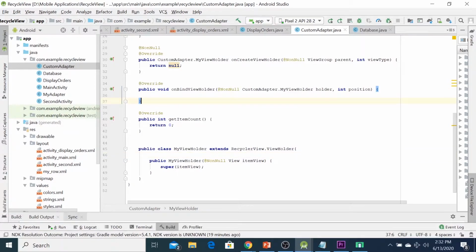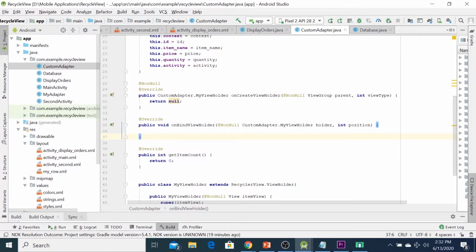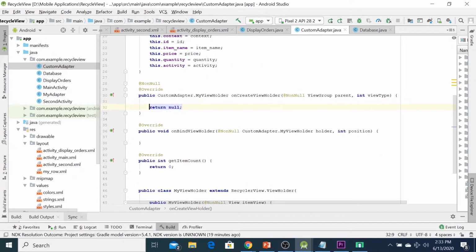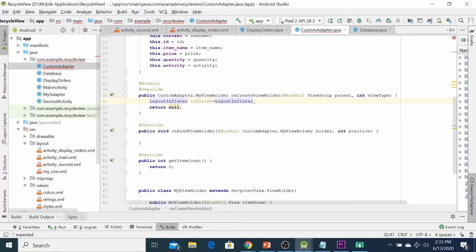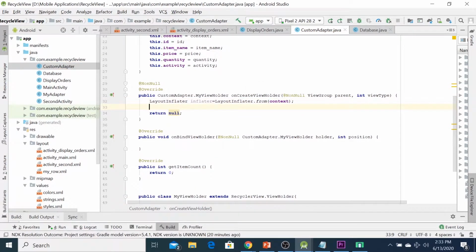Okay. For my view holder here, in this method, you can add the inflator. You can type a layout inflator. Inflator equal to layout inflator dot from context. Okay, and view.